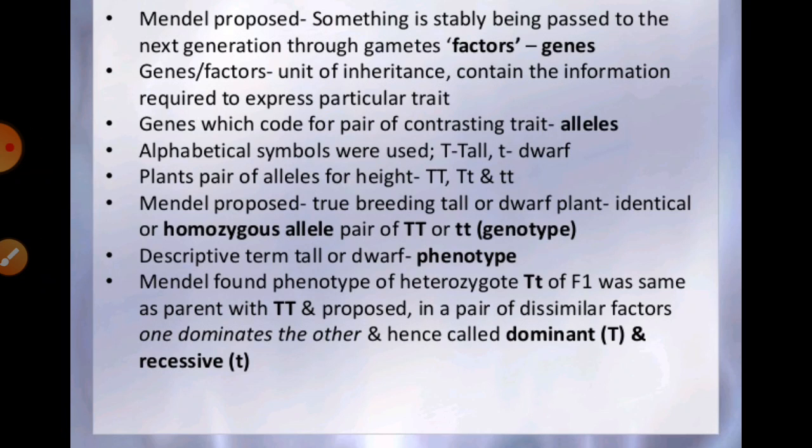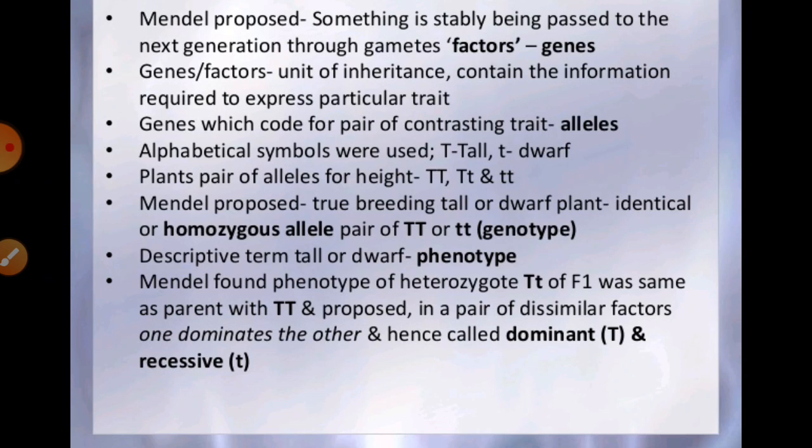Generally the gametes carry the factors, and later on they can be used as genes. Later on we can say these genes or factors are the units of inheritance, which contain the information and can be easily transferred from one generation to another generation. And we also saw that the genes which code for a pair of contrasting traits